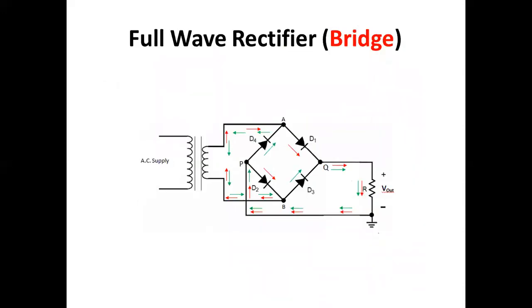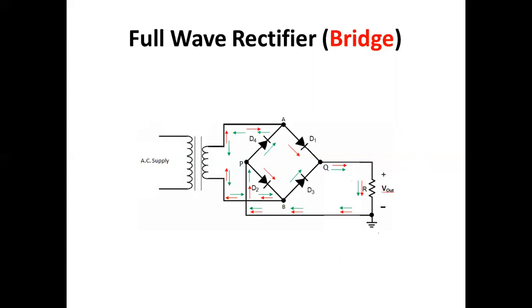And what about the full wave rectifier? Here, if you observe, for a full wave bridge rectifier type, we are using 4 diodes. Previously, we observed that for the full wave rectifier with a center tap transformer, we considered only two diodes as switches, but here we are using 4 switches: D1, D2, D3 up to D4.